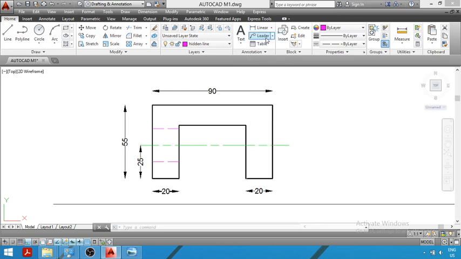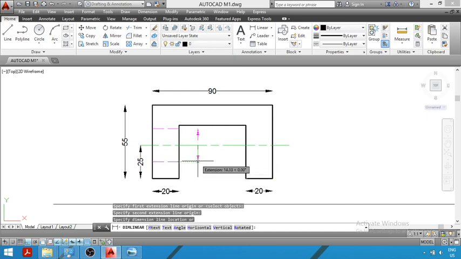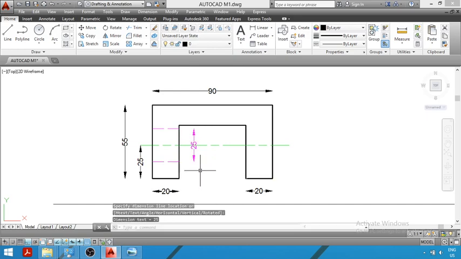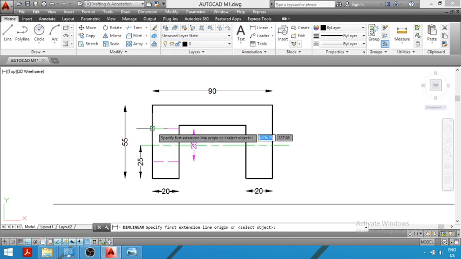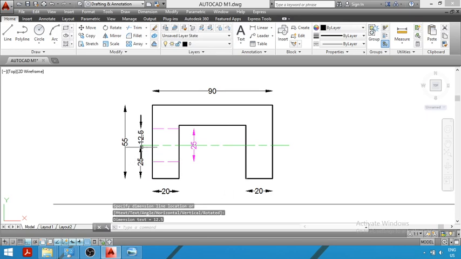Now you can see here I am giving the dimension. The total diameter of the hole from this point to this point was equal to 25 mm, and since the diameter is 25, the radius will be equal to 12.5. From this center line the distance is 12.5 mm. So from this center line you have to draw a hidden line on the top side at a distance of 12.5 mm, half of diameter. Similarly, we will draw a hidden line at the bottom side at a distance of 12.5 mm. So we have completed showing the hole on the left hand side.